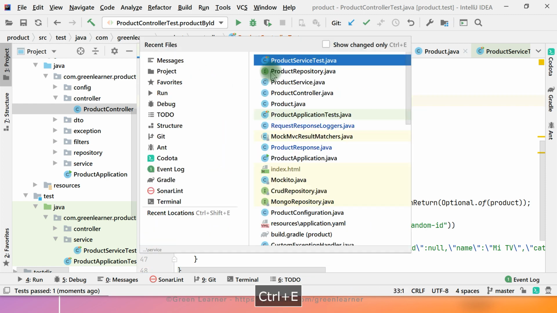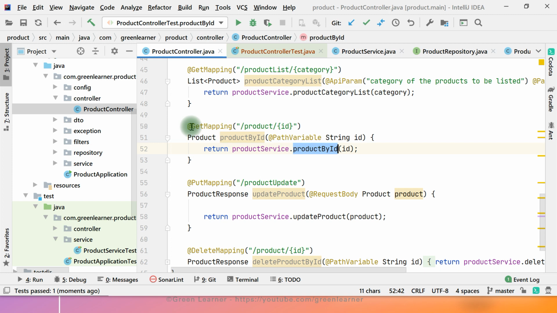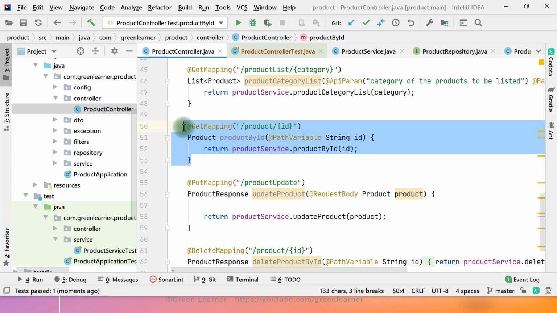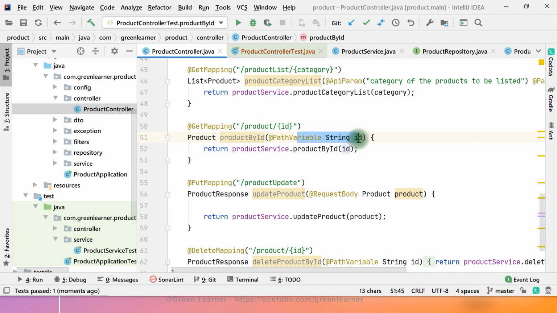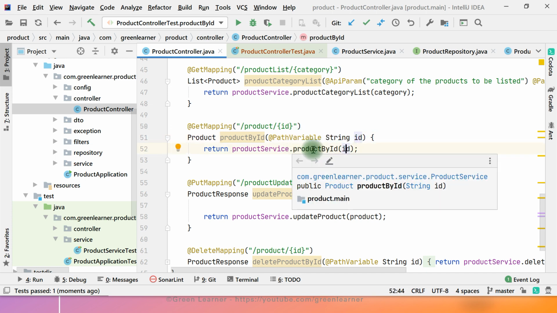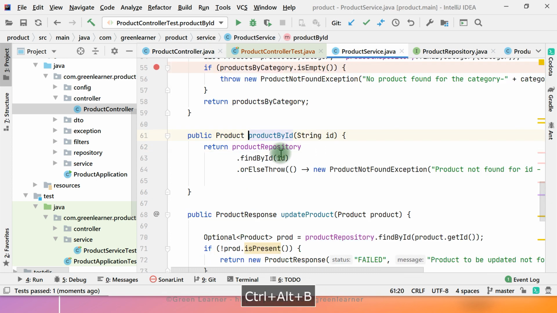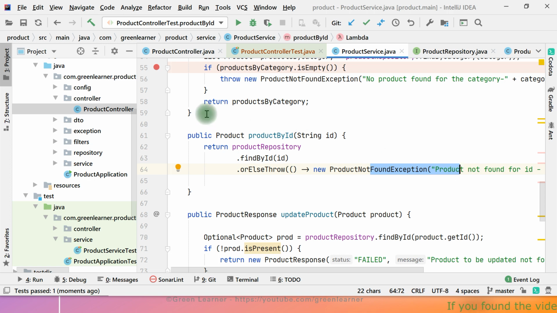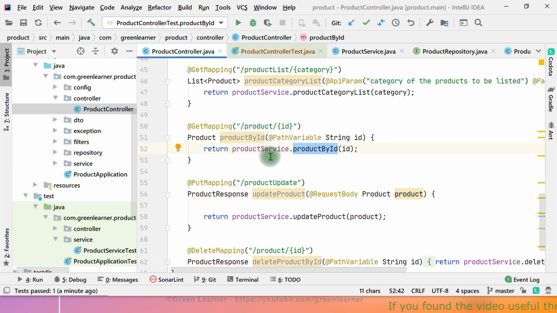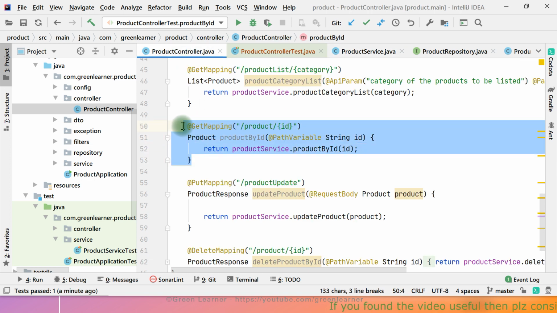So coming to the controller part here. For the product by ID, we only need one test case scenario. I just need that this path variable, whatever we are passing here, is intercepted properly, and this JSON is being written properly. The other scenarios, like the not found exception, we have covered in the unit test cases. So we do not have to write everything again and again. It was just to cover the end-to-end scenario, only the controller part. So I need only one scenario here.